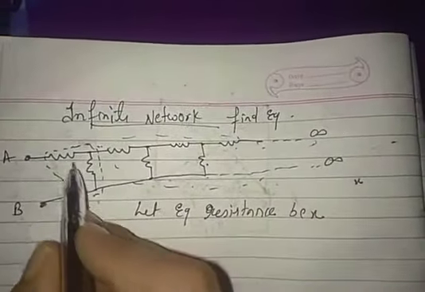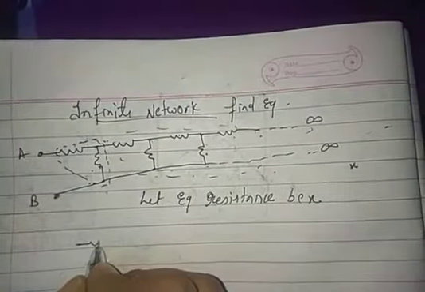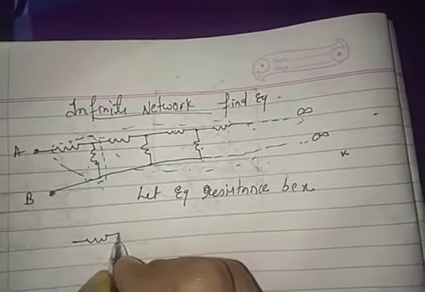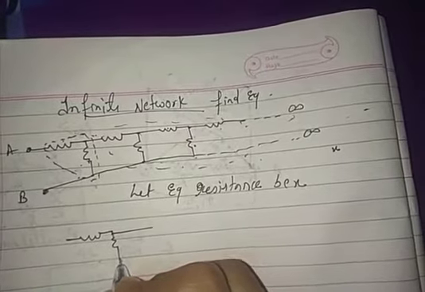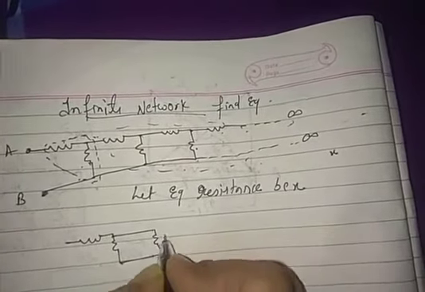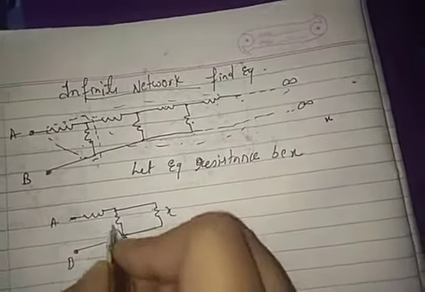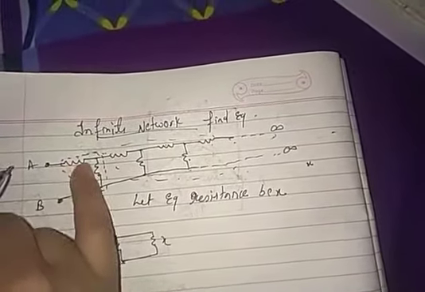So here what I have done is subtract this unit. So what will it become? It will become like this. You can see X. Got it? This is a trick we can use for these resistors. We have left a repeating unit, and for all the rest I have taken X, because the resistance of the whole combination is X, since it is infinity. So taking out one unit will not affect the total resistance.